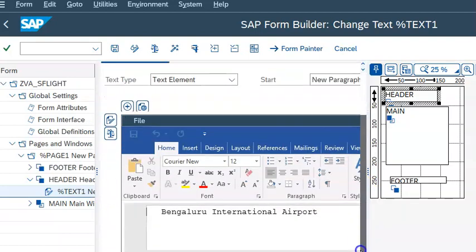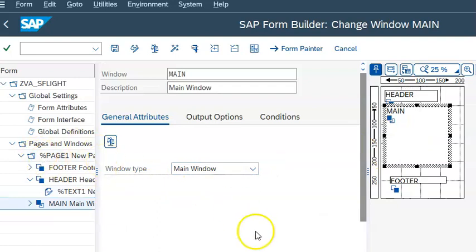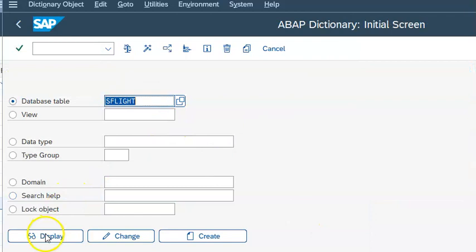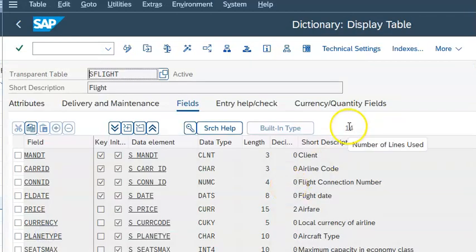So once this is done, what has to appear in the main header window is decided. For the main window, we would like to see the data from the S flight. Let me go back to the S flight table and see how many fields are there. There are 14 fields. If we would like to introduce all those 14 fields, that's okay. Otherwise, if we just need 3, 4 or 5 fields, then we can go ahead and create